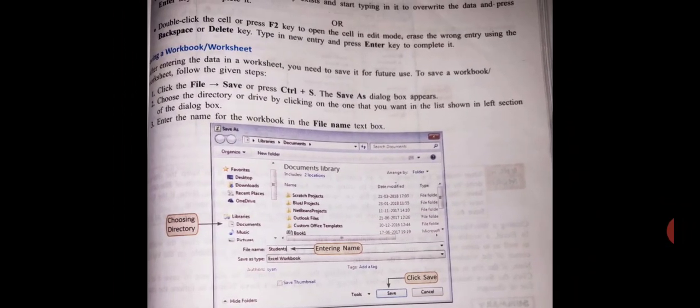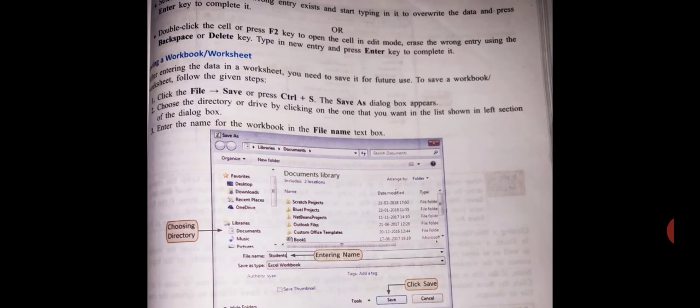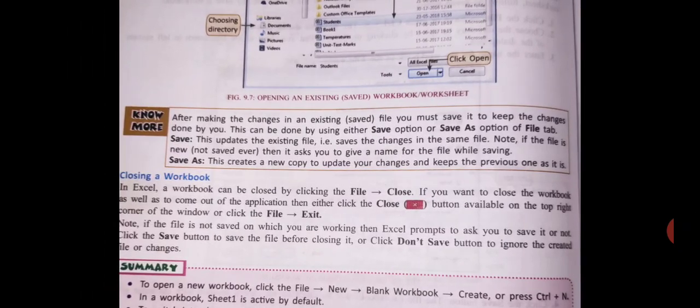Now next is saving a document or worksheet. It is similar to the saving we have done in Microsoft Word. The thing is all totally the same. Now the one difference I want to explain is the difference between save and save as. In save, the changes are saved in the same file.